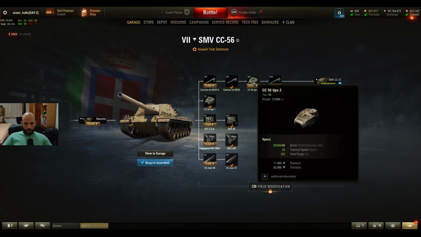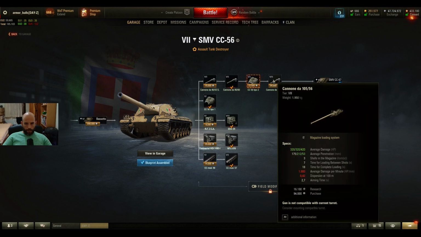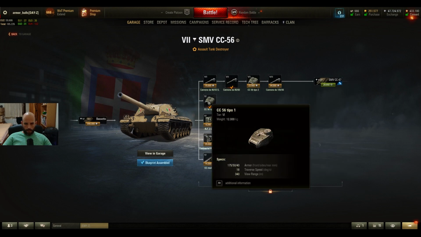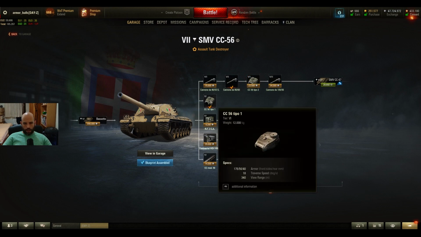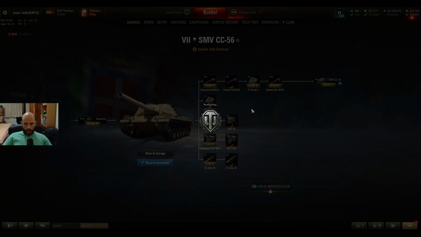Also, what I want to mention: when you want to mount some equipment, you sell equipment before. If we would buy this turret, we would sell this one because we will not use it. Sometimes we will use 2 guns. There are tanks which have 2 guns which are good, but usually you don't want to use equipment which you used before. And now we will